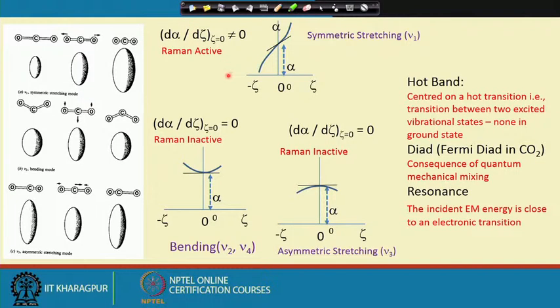And so, let us recapitulate what we discussed on this particular diagram with respect to a linear molecule, carbon dioxide, where the number of fundamental vibrational modes will be 3n minus 5, and so there are 4 vibrational modes, or 4 vibrational frequencies, corresponding to a symmetric stretching, 2 modes of bending, and asymmetric stretching.